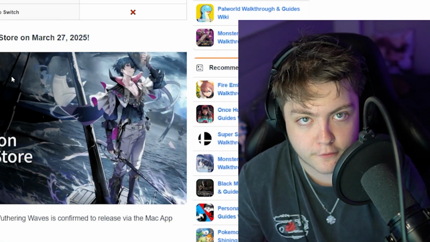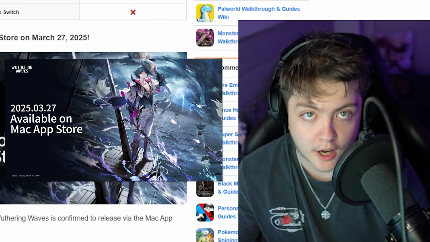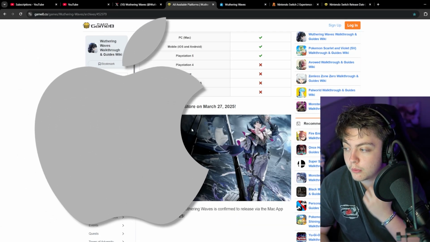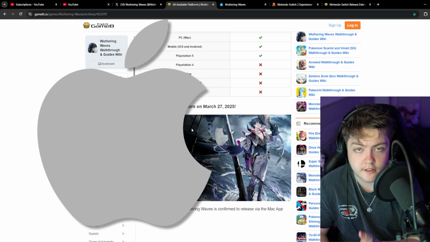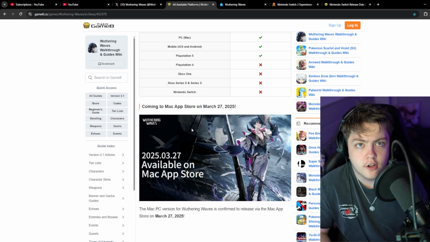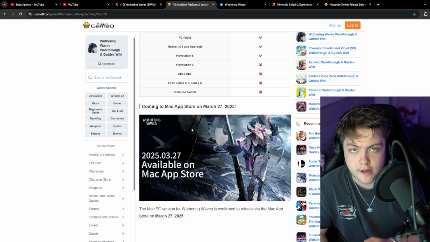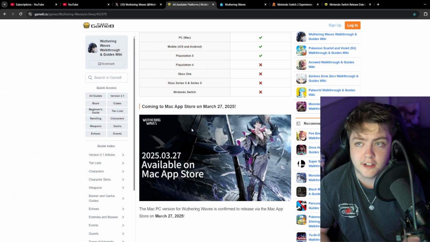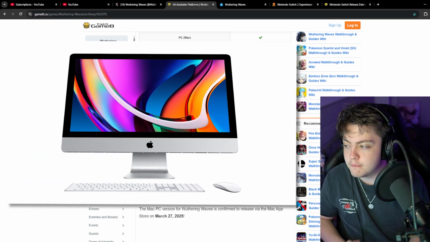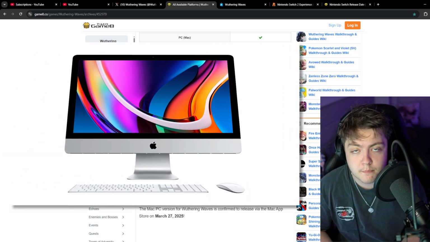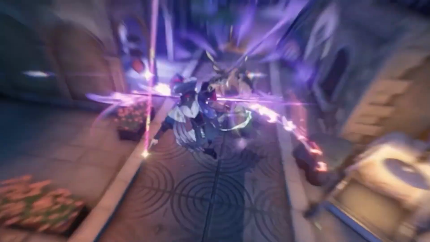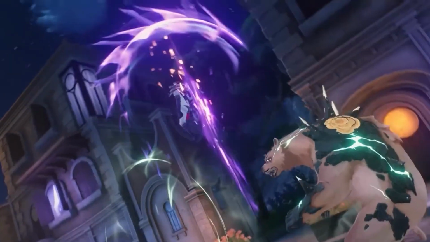Now obviously the Mac version isn't actually available yet, and this is one of the upcoming ones I was talking about, which is Wuthering Waves coming out on the Apple Mac Store, which is going to help it grow and get a little bit more attention from other platforms, including the Mac. I know there's not very many people that play Wuthering Waves on a Mac, or literally any game on a Mac, because let's be real, Macs aren't exactly built for that. But there are some people who might have a Mac and want to try it out, which is going to be very good just for the outreach of Wuthering Waves.